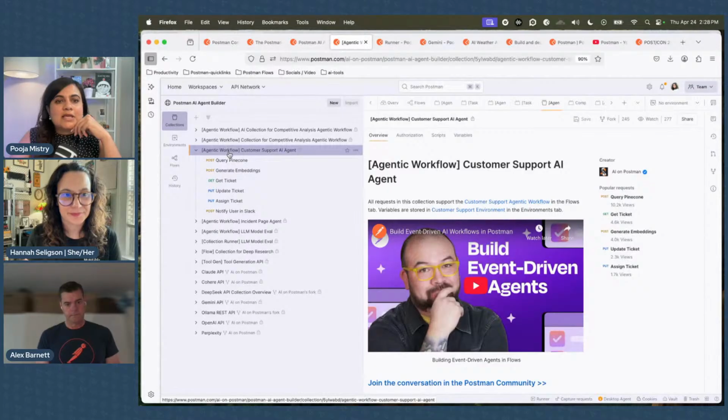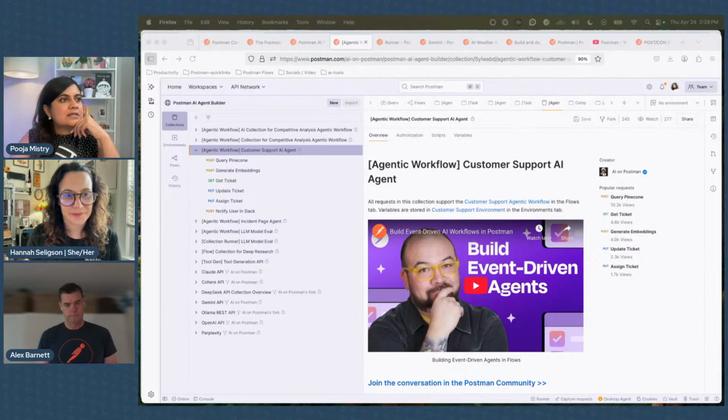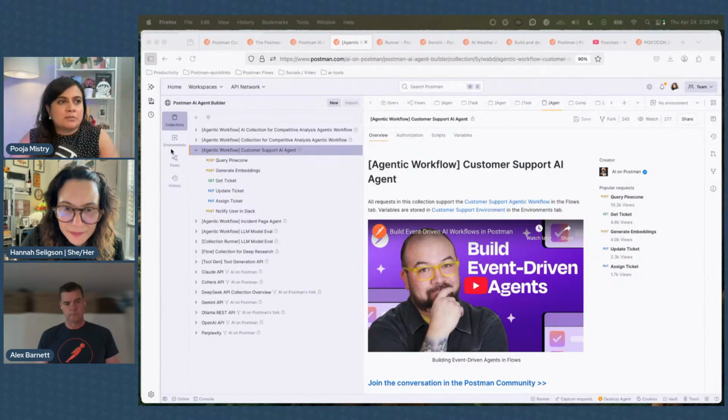In this case, our customer agent workflow takes Zendesk, and I believe the Zendesk API, and vector embedding via the Pinecone API.